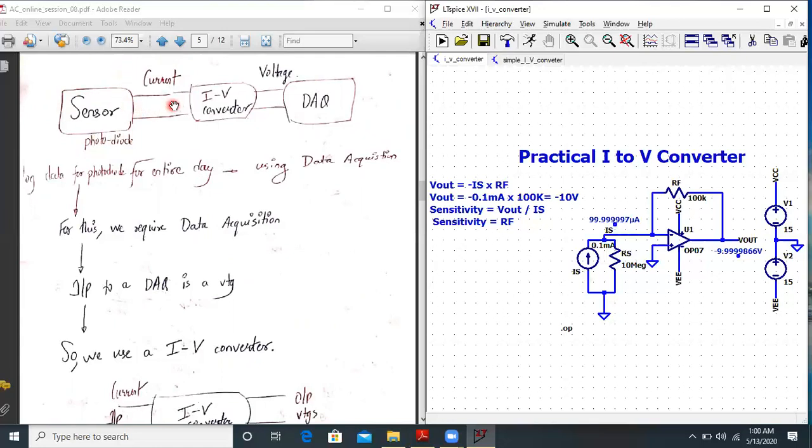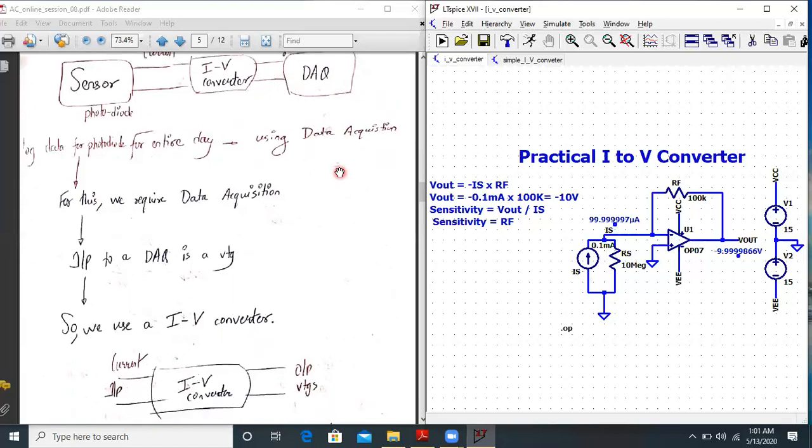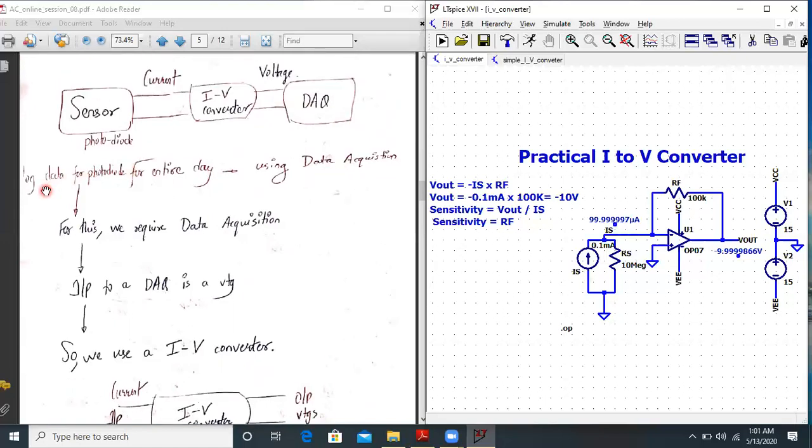Now this current is given to a current to voltage converter, which converts this photocurrent into a voltage, and that is given to a DAQ, a data acquisition card, which will log the data for the photodiode for the entire day.